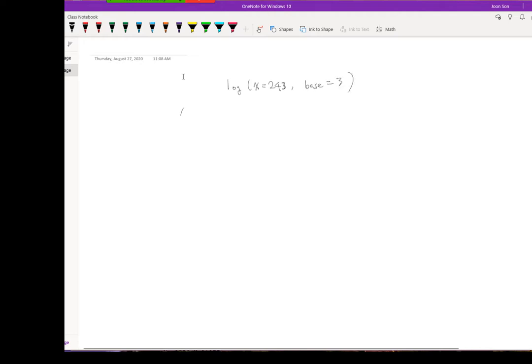You know the log function, so this means log with base 3, and then the exponential part is 243. That's what this means in R.